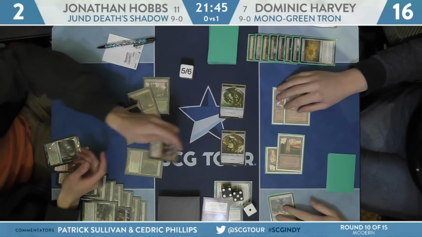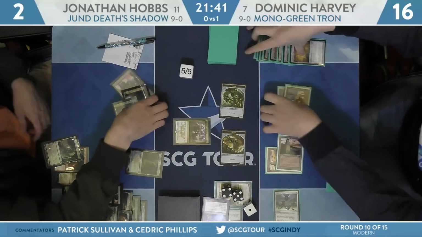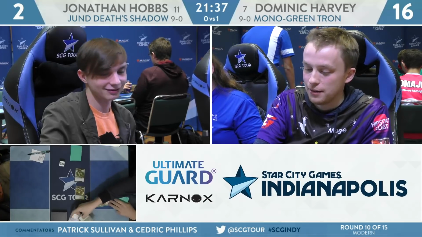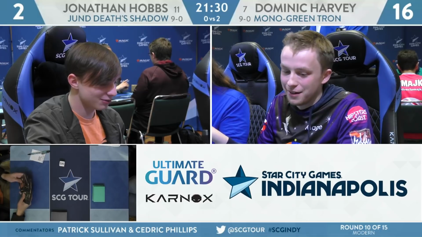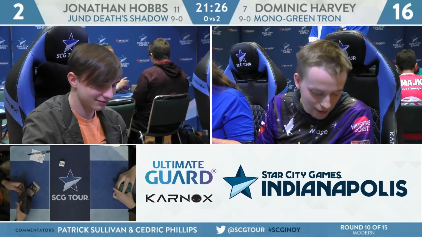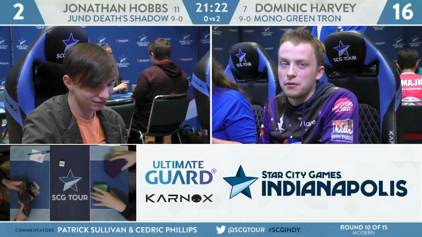What is this? Kolaghan's Command? 2 to me. And destroy an artifact. Dominic Harvey is going to win this game and match over Jonathan Hobbs, 2-0. Mono Green Tron going to take care of Death Shadow. And for Dominic Harvey, he is in first place, 10-0, and 1 step closer to top 8ing this tournament. And more importantly for him, especially if you follow him on social media, 1 step closer to qualifying for the Star